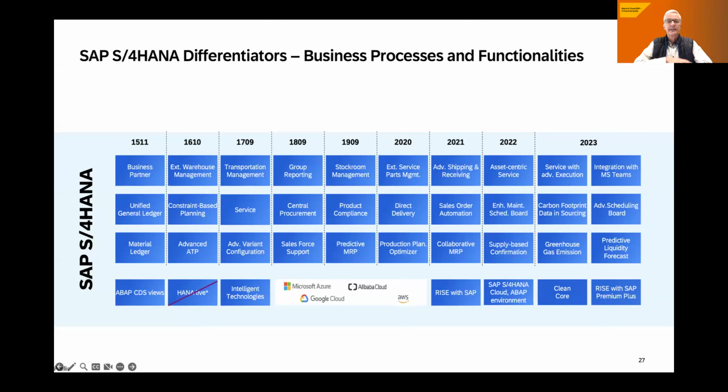Stockroom management. Those of you who are using LEWM, LEWM is not a strategic solution, but we kept 90% of it in S/4HANA as perpetual scope for simple scenarios. And that's what stockroom management means. If you have, let's say, not a very sophisticated storage hall, probably with some shelves, this would be it.